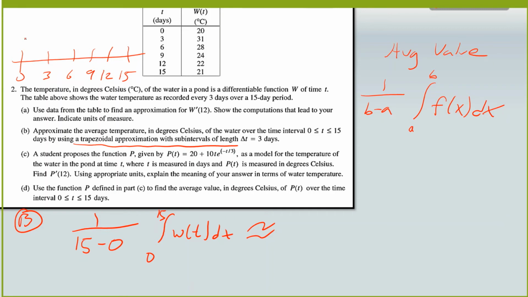So I've got heights at 20 and 31 for my first trapezoid, 31 and 28 for my second trapezoid, 28 and 24 for my third trapezoid, 24 and 22, and then 22 back to 21. So I've got something that looks like this, where we can get the areas of all of these trapezoids and add them together to estimate the area underneath the curve. So I still have my 1 over 15 on the outside, but I'm going to multiply by my trapezoidal Riemann sum with subintervals of 3. So that's